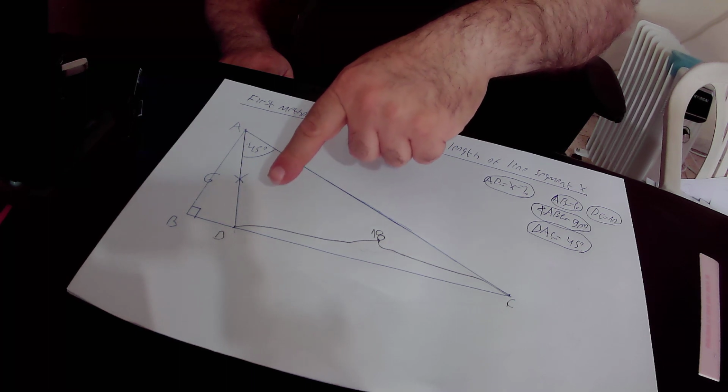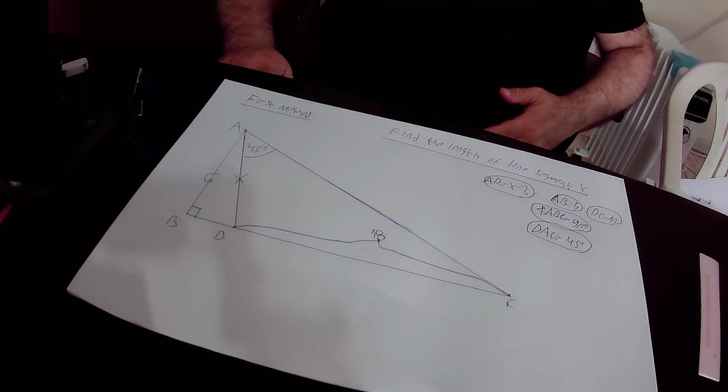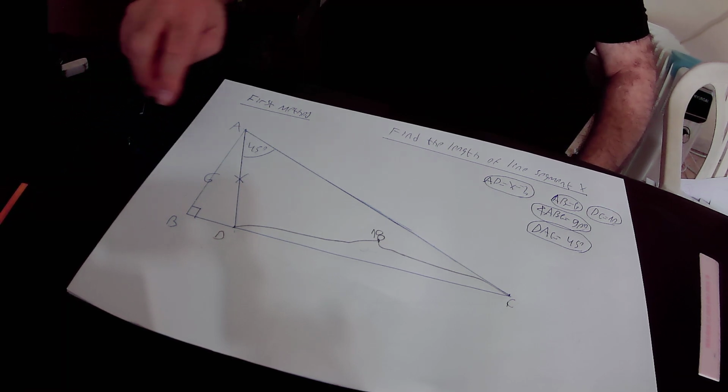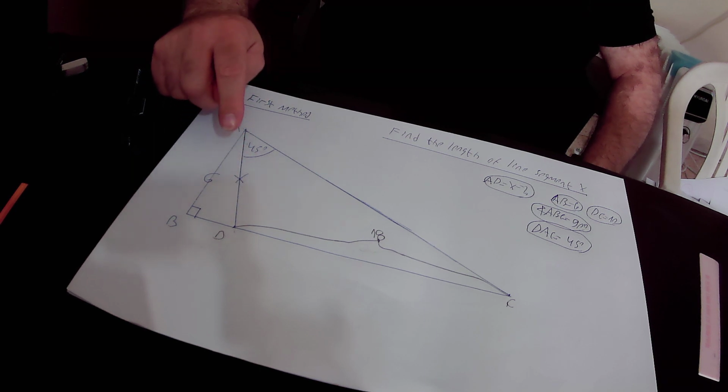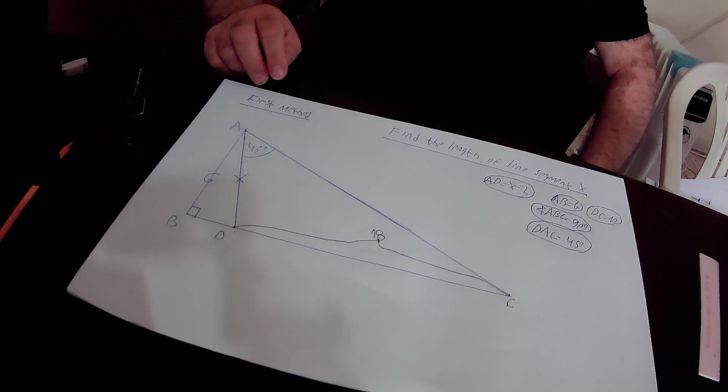Angle DAC equals 45 degrees. And we want to find out the length of line segment AD, which is equal to X. So we'll start with the first method,